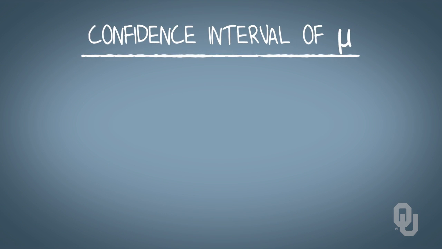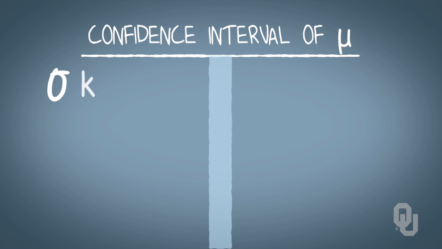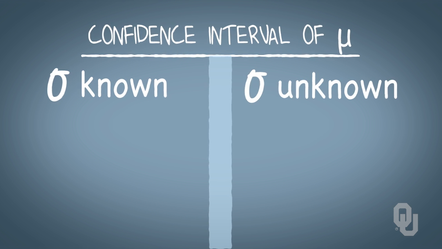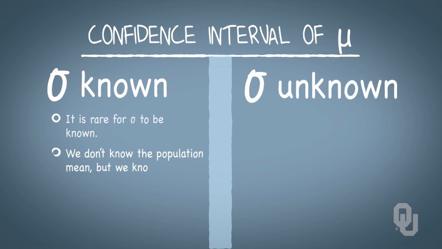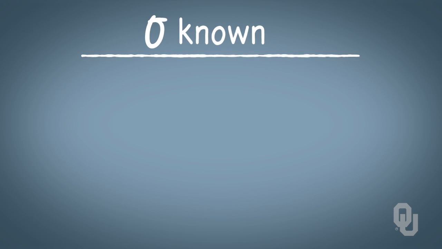Recall from our discussion of confidence intervals for a population mean that we could encounter two situations. One where sigma, the standard deviation of the population, is known, and the other where sigma is not known. We said that it would be rare that sigma would be known, that we wouldn't know the population mean, but we would somehow know the dispersion of the population. However, let's first discuss the case where sigma is known for pedagogical purposes, as it makes for an easy transition